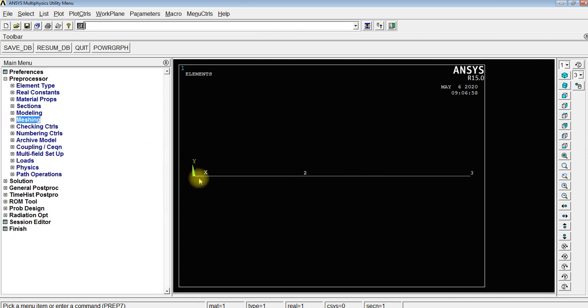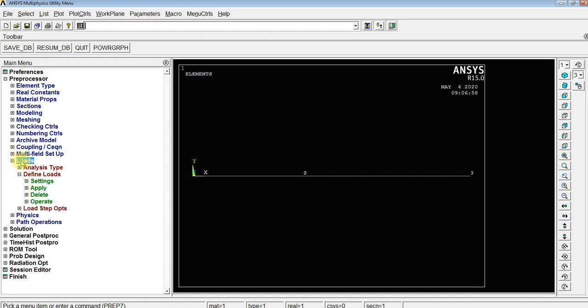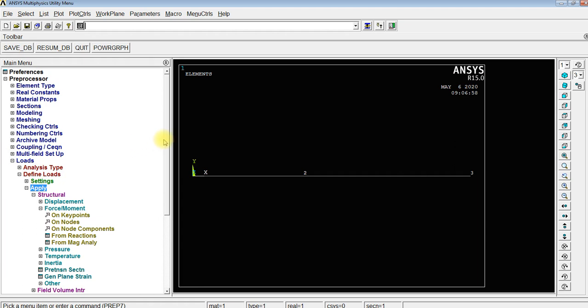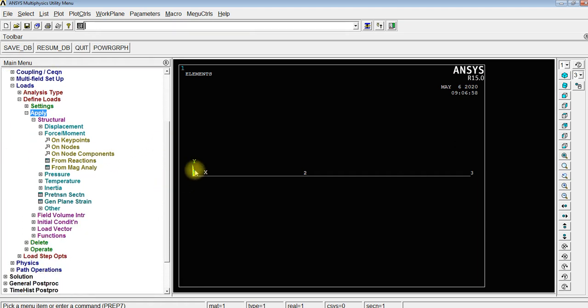Now we will constrain it and apply load to it. Load, define load, apply. First of all, we will put this point in the wall. That means we will restrict all the degrees of freedom of this point.